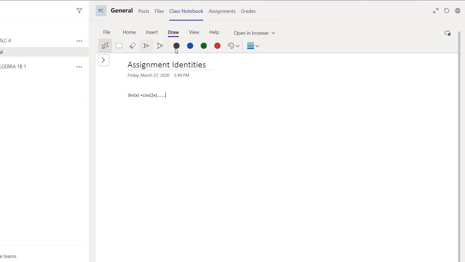A pen is obviously the best for this. And then you could start. Takes a lot of practice. Sine of x plus cosine. Obviously, if you're doing this on your phone, it's going to be a lot easier since it has touchscreen. Or if you're on a tablet that also has touchscreen, you can erase things. You can make a selection. If I write,